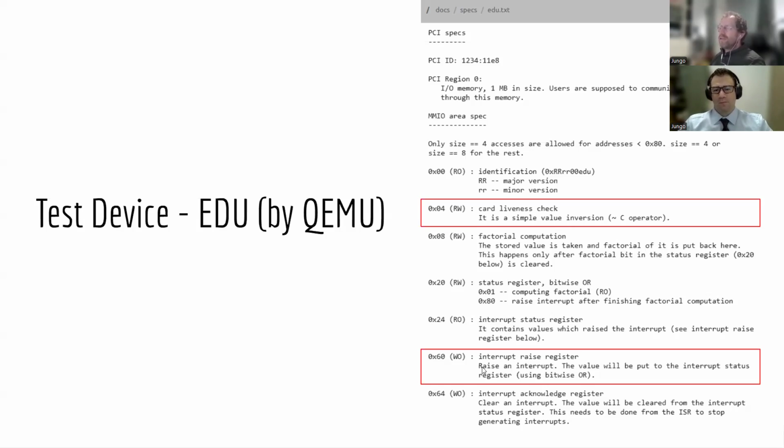And also, we're going to show how you can raise an interrupt. With EDU, it's very simple to raise an interrupt. You just write to offset 60 any value you want, and that raises an interrupt. By doing that, we'll be able to show you how WinDriver intercepts interrupts. In these examples, it's just going to print a little message saying got interrupt. But in general, WinDriver allows you to put any callback you want. So if you want to send a rocket to the moon once an interrupt is intercepted, you can do that too, because you have a free hand in writing your own interrupt callbacks.